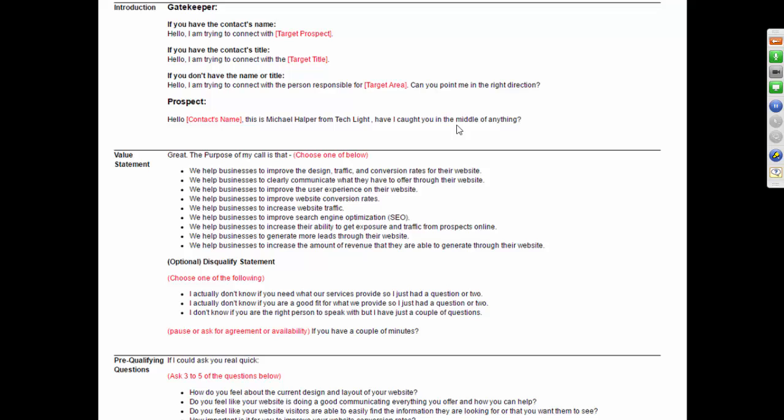That's not going to be a good time. So this does confirm that they're at least not extremely busy, but just normal busy. And it also helps to buy you that window of 2 to 5 minutes. It's also very casual language, like, have I caught you in the middle of anything? It can be kind of disarming. So I think this does support sort of a consultative selling tone right out of the gate and can have a positive impact on your phone prospecting.